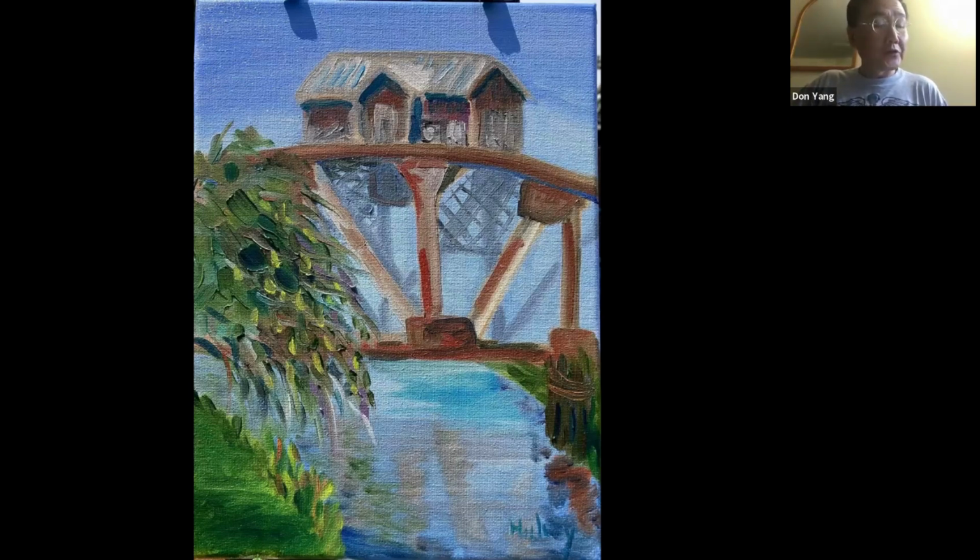So a few things here. I'm going through my notes. I really like the sense of foreground versus background created by the very strong impasto paint on the tree on the left-hand side, very thick brush strokes, versus a much softer appearance in the background, including the shadow part of the bridge and the more bluish, purplish background. That gives a good sense of what is foreground versus what is background.